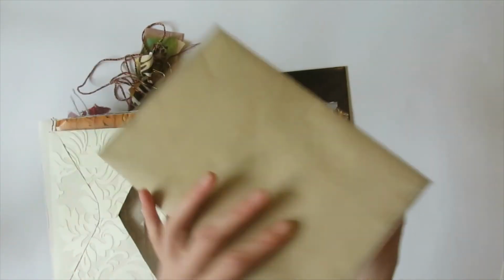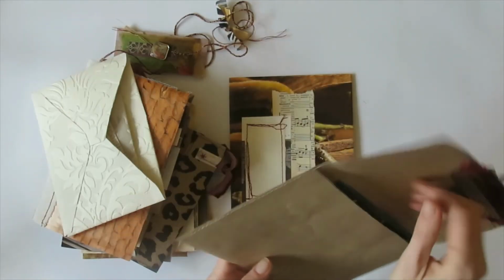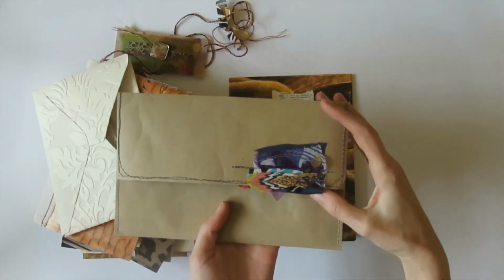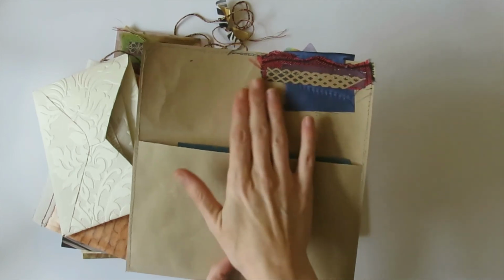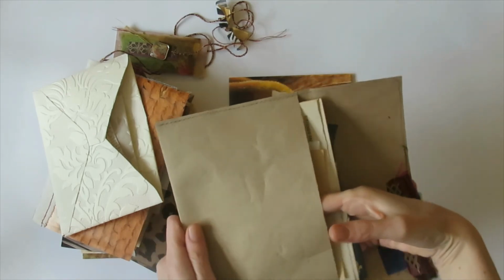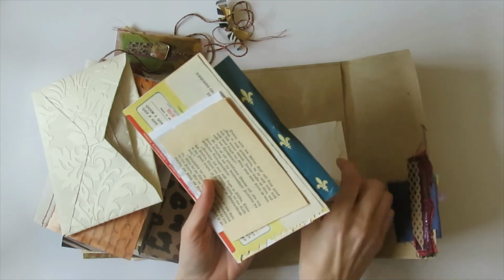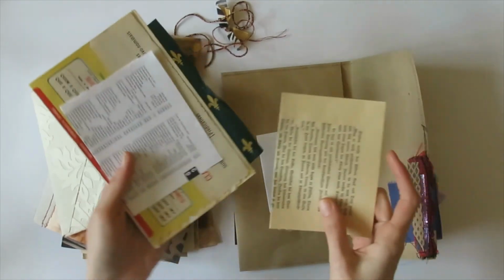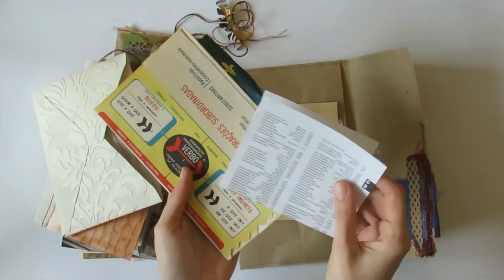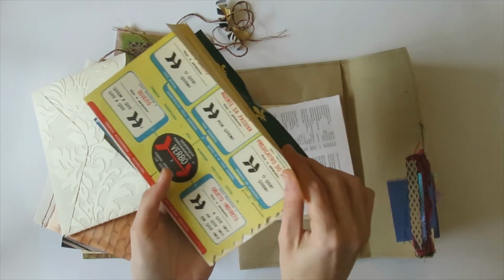And then there's a sturdy brown envelope, really sturdy because it's sewn, and a nice scrappy embellishment with lots of fabric and layers. And here are some collage papers, some notes, old style German, just some French roads and numbers, some languages,